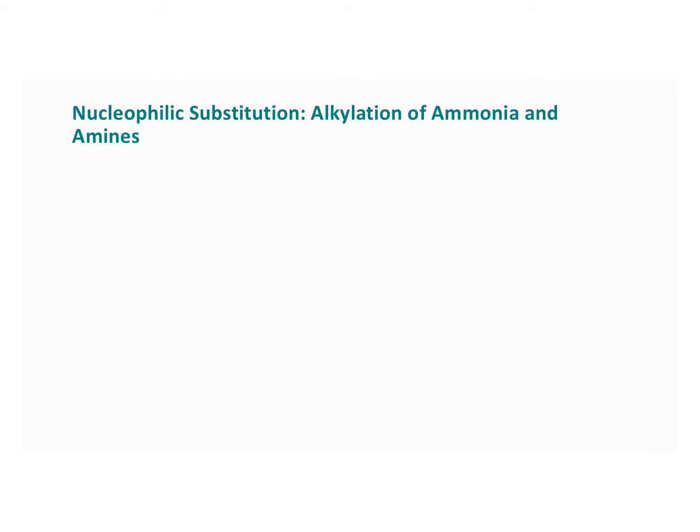So, amines can be produced from alkyl halides. So I'm going to draw a generic alkyl halide here. I'm going to use bromine as my halogen, and then the R group is the alkyl part. And you react an alkyl halide with ammonia. Ammonia is simply NH3 here. And this will undergo an SN2 reaction